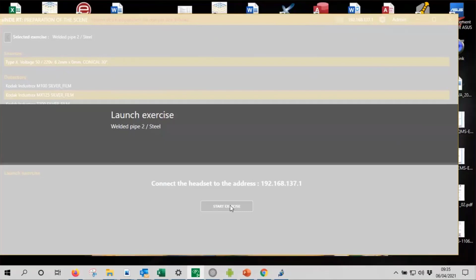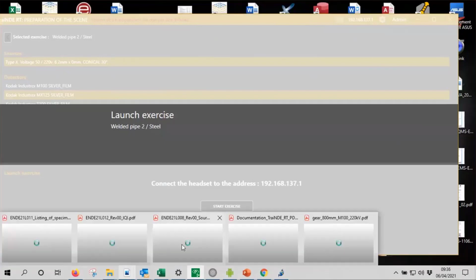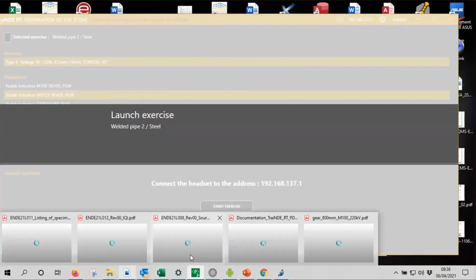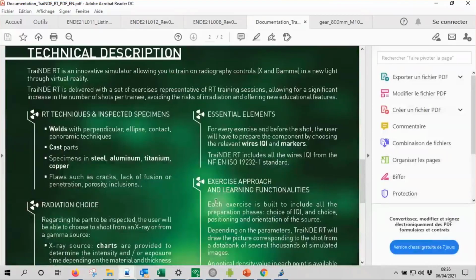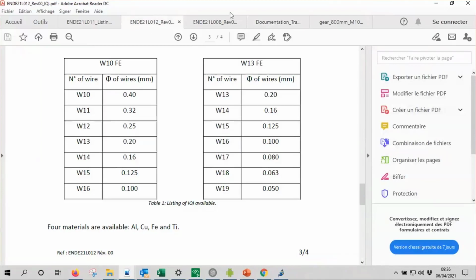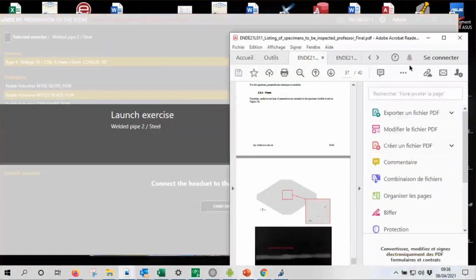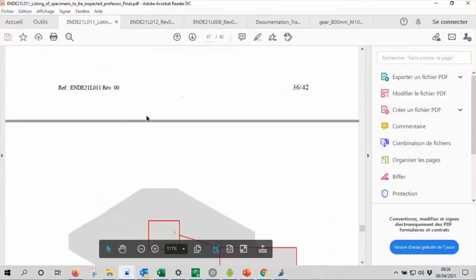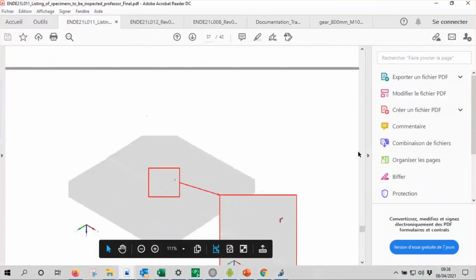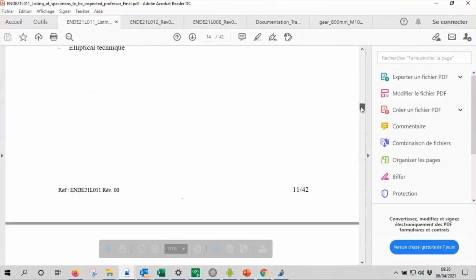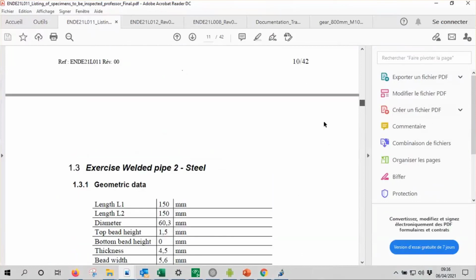So you also have here the list. From the list here, you have the list of the exercises, and you can have a look on the relevant pipe.